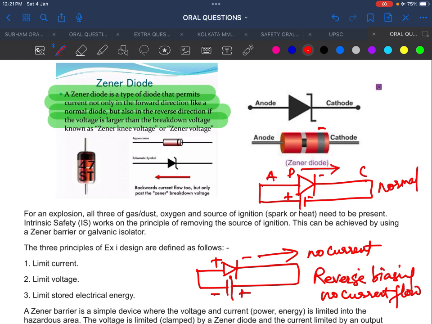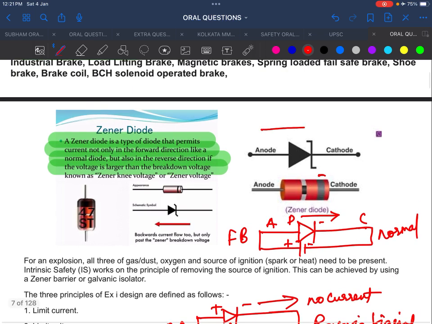But in the Zener diode, what will happen? It can operate in both directions. Even if you do forward biasing and reverse biasing, current flows in both directions. In forward biasing, current is there, and in reverse biasing also, current will be there. But in reverse biasing, there is some breakdown voltage of the Zener diode,